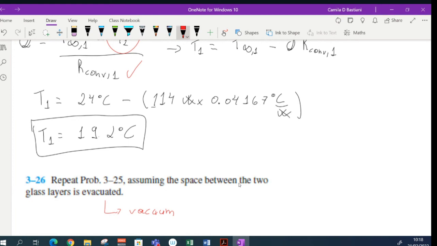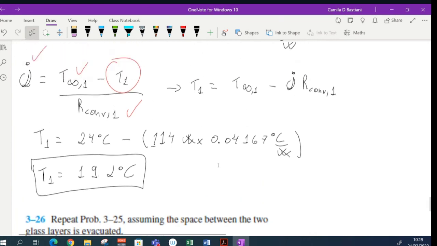Can I conduct heat through vacuum? Yes or no? No, exactly. I cannot have heat being conducted through vacuum. If I'm considering that there is no radiation,